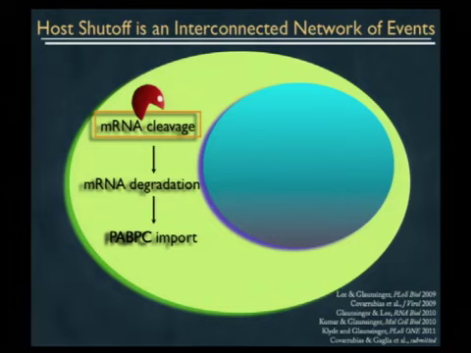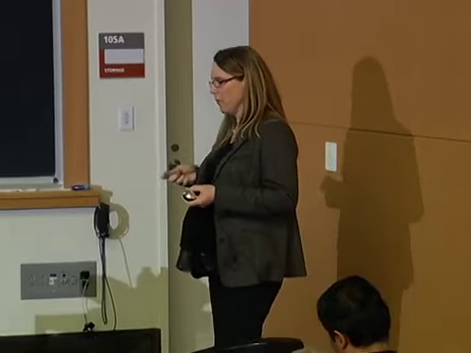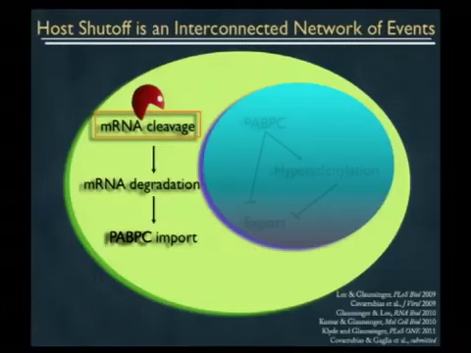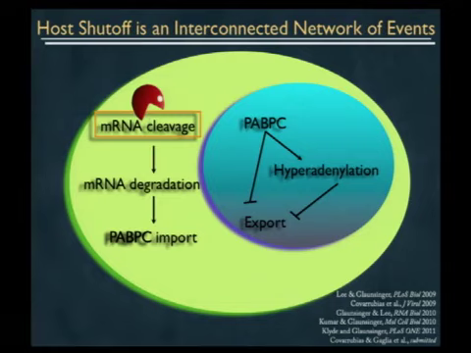And what we've found is that this liberation of PABC reveals one or more non-canonical nuclear localization signals in the protein, causing it to translocate to the nucleus and accumulate there at higher than physiologic levels. Now, what we found is that if PABC accumulates in the nucleus, this actually drives an RNA processing abnormality in